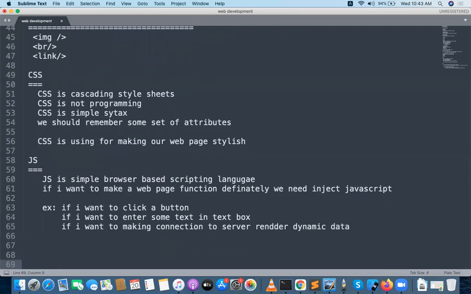That JavaScript is very important, the core, major building block of the web page.